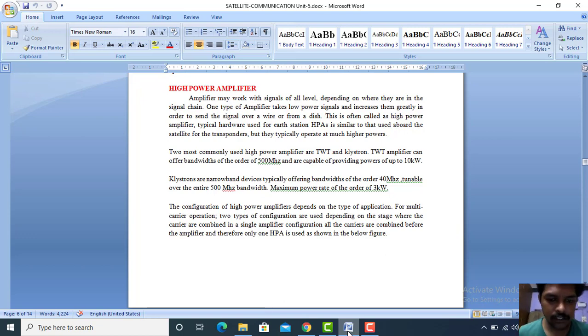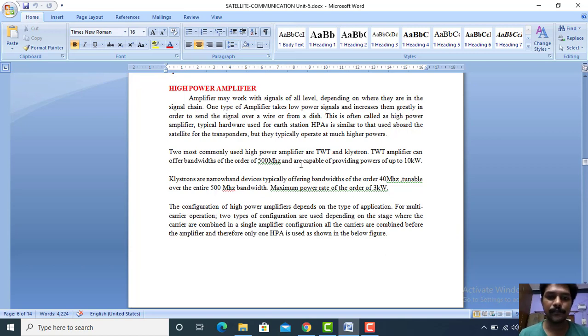Good evening everyone. So today we are going to see the next topic, that is about high power amplifiers. High power amplifiers tell you how the signal is amplified. The name clearly indicates that we are going to amplify the signal to the required signal strength, power value and amplitude, to transmit it to the satellite wirelessly through electromagnetic radiation, that is, in terms of a wave.